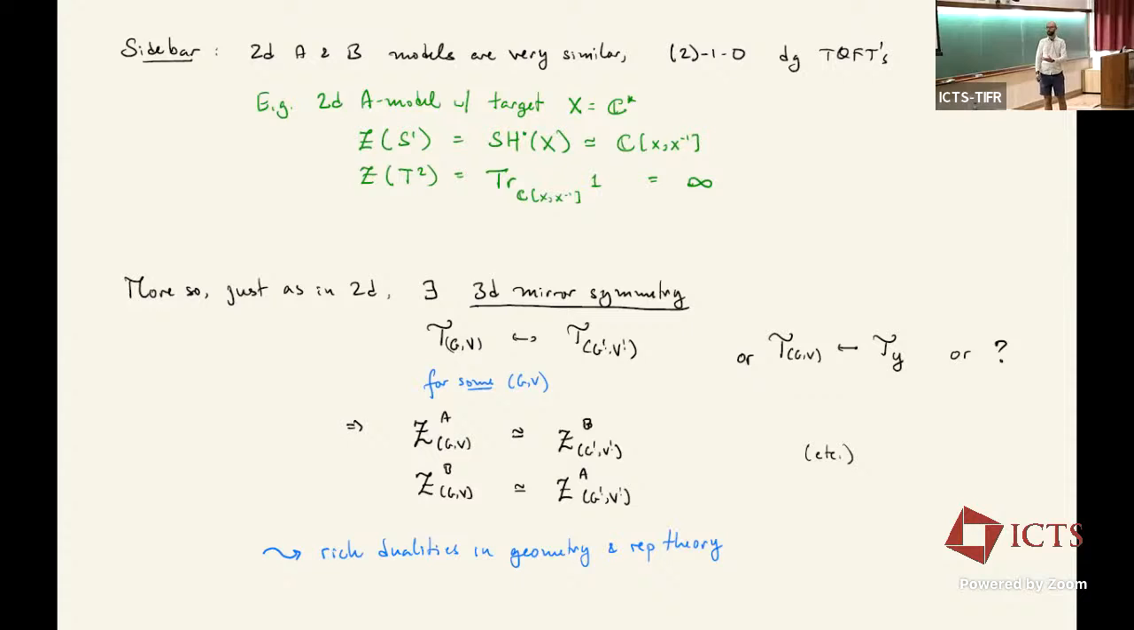3D mirror symmetry swaps A and B twists and relates things that are computed in an A TQFT to things that are computed in a B TQFT and vice versa. That leads to a lot of rich dualities that are currently being explored in geometry and representation theory. Often the B side is something that's easier to access, and then mirror symmetry sort of tells us how to develop or define or find things about the A